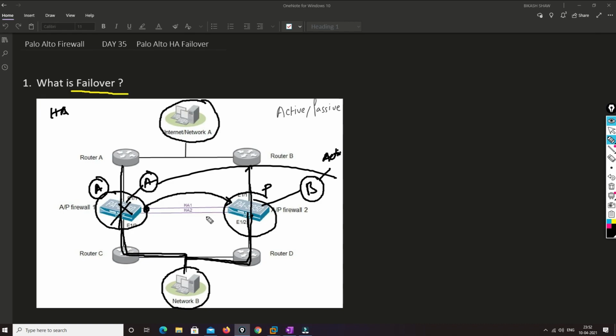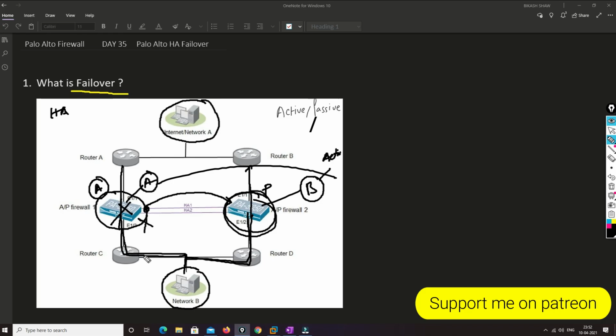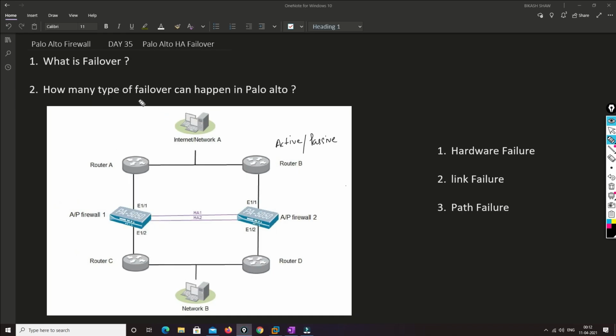So what are the types that trigger this, that make the passive device assume that the active device is no longer in the network? I'll talk about that now.